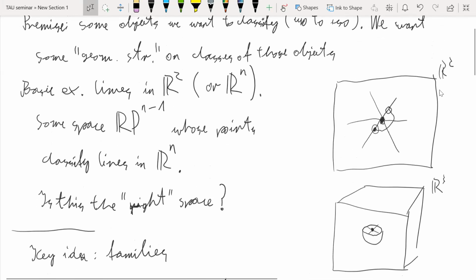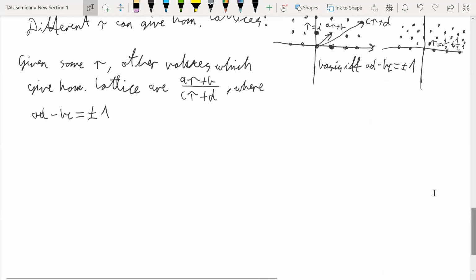When I was trying to form those spaces classifying lines in a plane or the 3D space, what I did was take some subspace which almost contains one unique representative from each of those classes, except there were some issues at the boundary, which we had to fix. Using this description of values of tau, something similar is possible here. I will not explain exactly how this is done, but what we get is